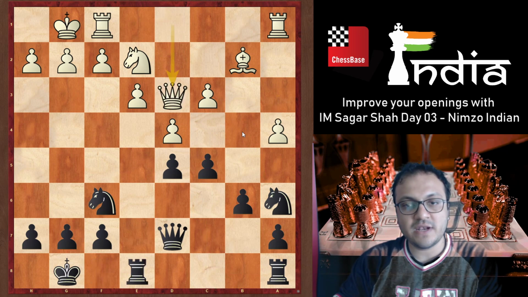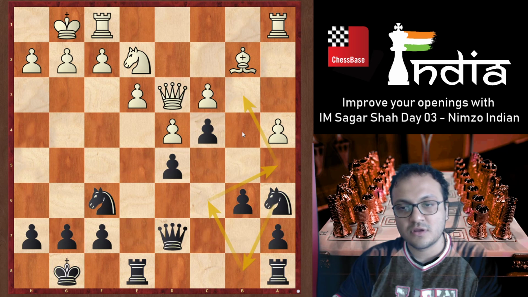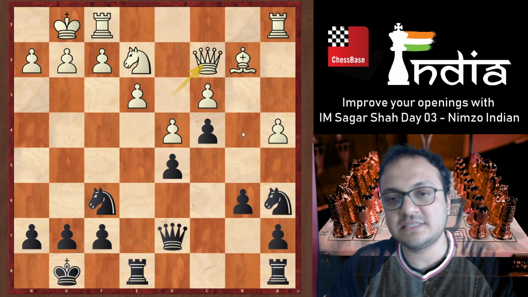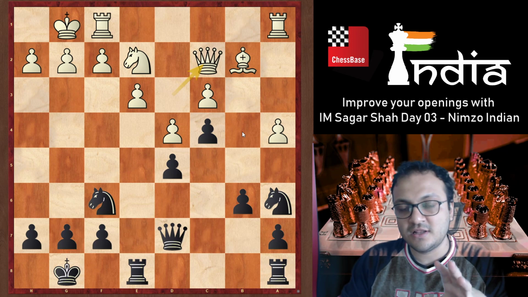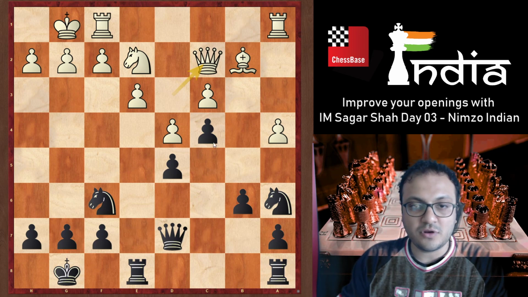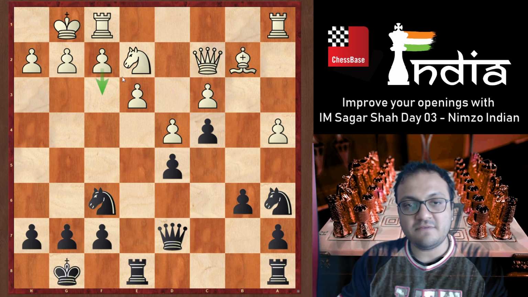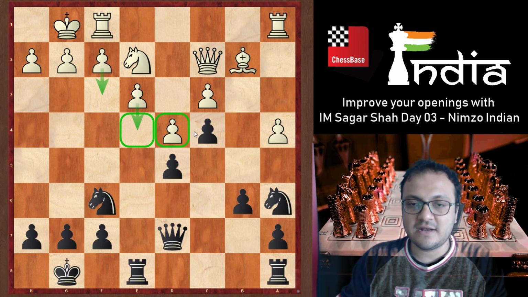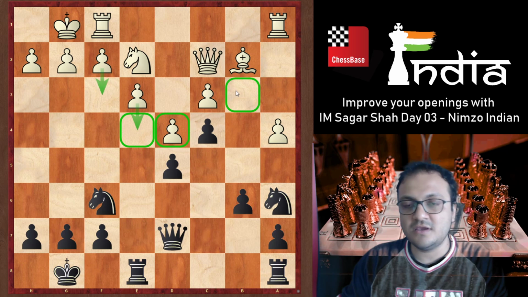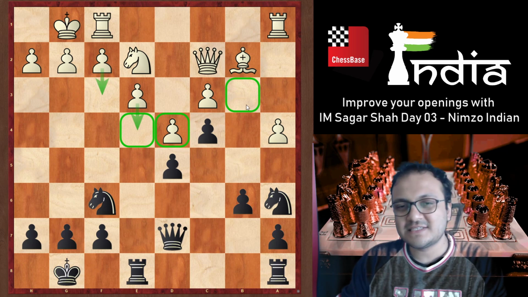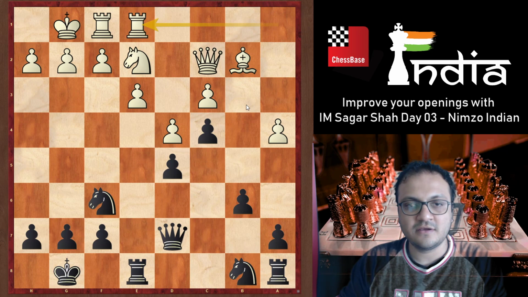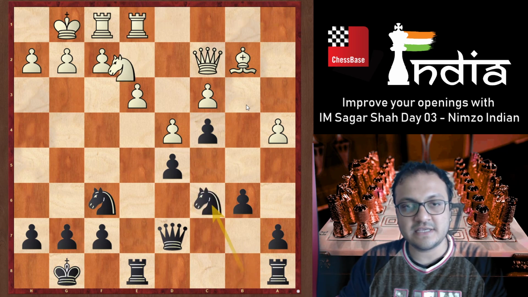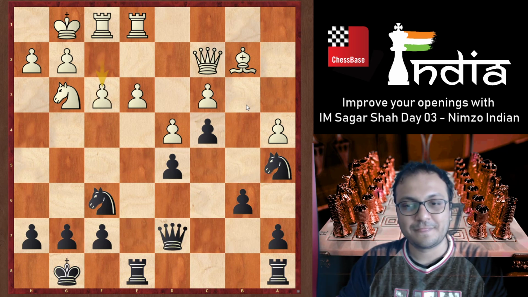So rook e8, queen d3, c4, and now after queen c2, you will see that this is a big positional mistake of c4, because now if white gets in e4, his central pawns will be very strong. Capablanca actually thought that if I can get my knight to b3, then I would be better. But it's just too slow. He went knight b8, rook e1, knight c6, knight g3, knight a5, f3.